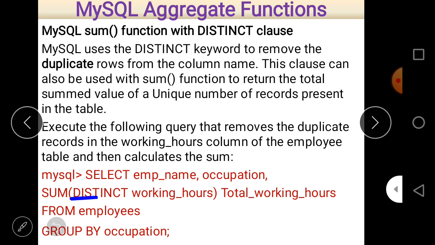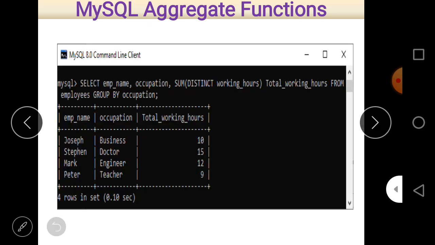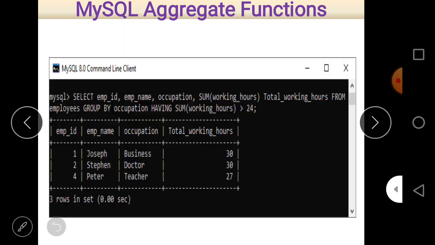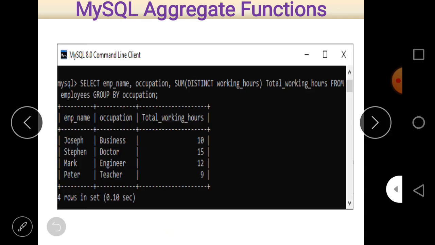So the DISTINCT clause basically removes duplicate rows. The rest of all things are the same as mentioned in the previous question. Now let us see the output again. So you can see here, the duplicate rows are removed here, and it actually sums the records here, and the sum is a little bit different from that of the previous one. In the previous example the sum is 30 because Joseph, I think, appeared 3 times.